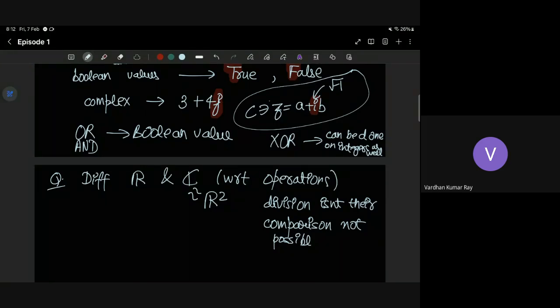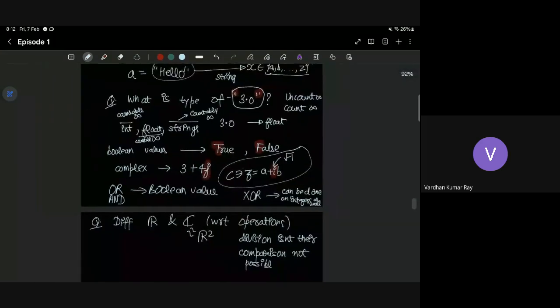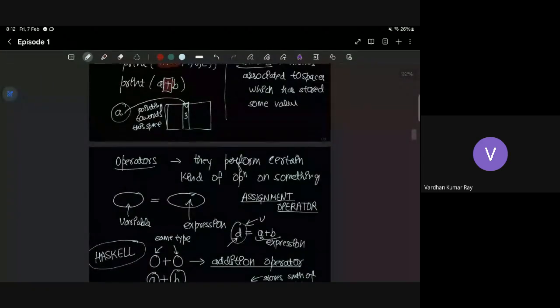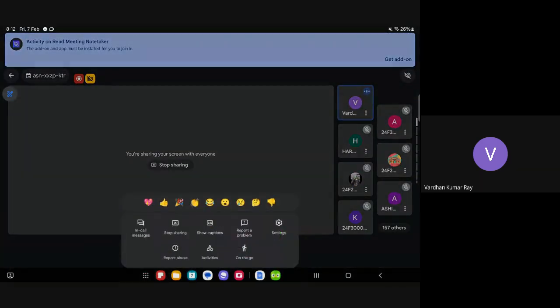So I discussed operators, keywords, and variables. This is just for the first lecture; I am writing a lot of things in the notes, but after this, when we go to higher episodes, it would mostly be coding. For today only, I'm writing a lot. That's fine. Let me start sharing my screen of Colab.